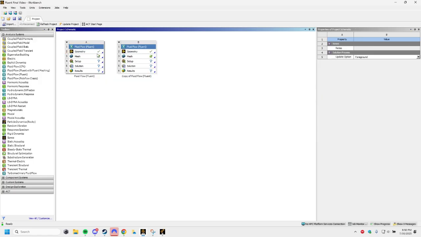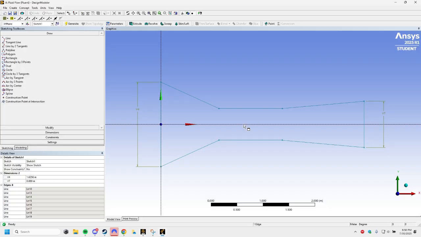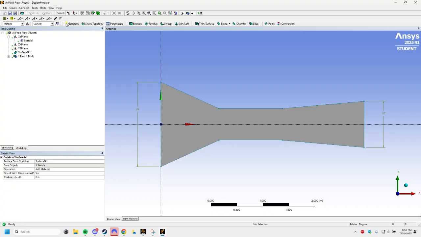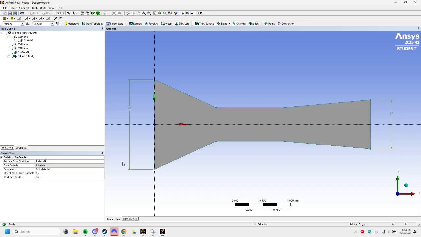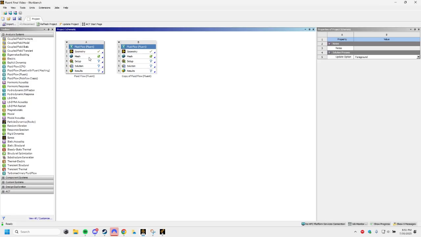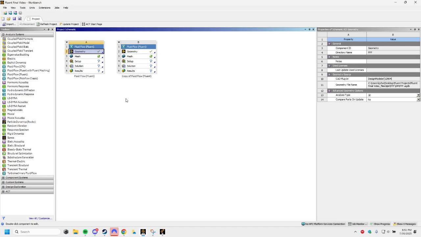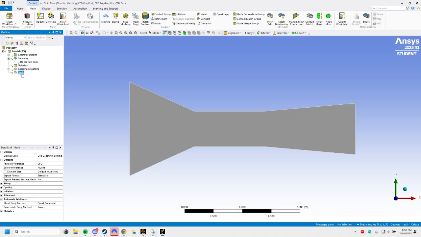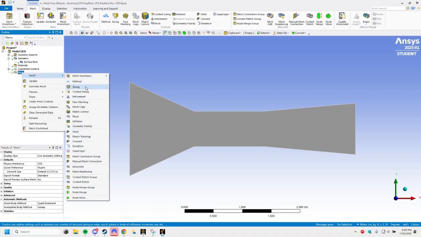This will be for part B. We're going to go back. And then we'll go to Concept, Surface from Sketch, Base Objects, Sketch 1, Apply, and Generate. Then with that, we'll go back to Workbench, update again, and then we will start our mesh. With mesh loaded, we center it, go to mesh, to insert, and then what we will do is create a